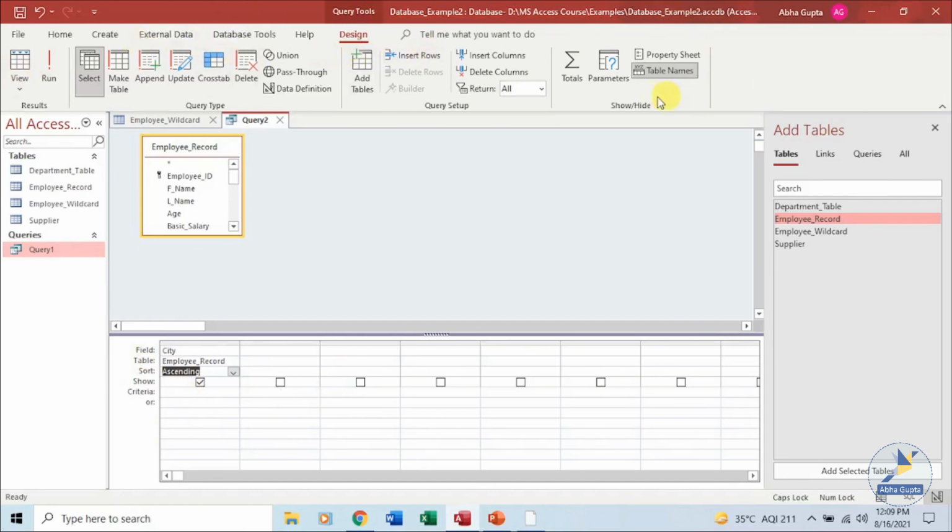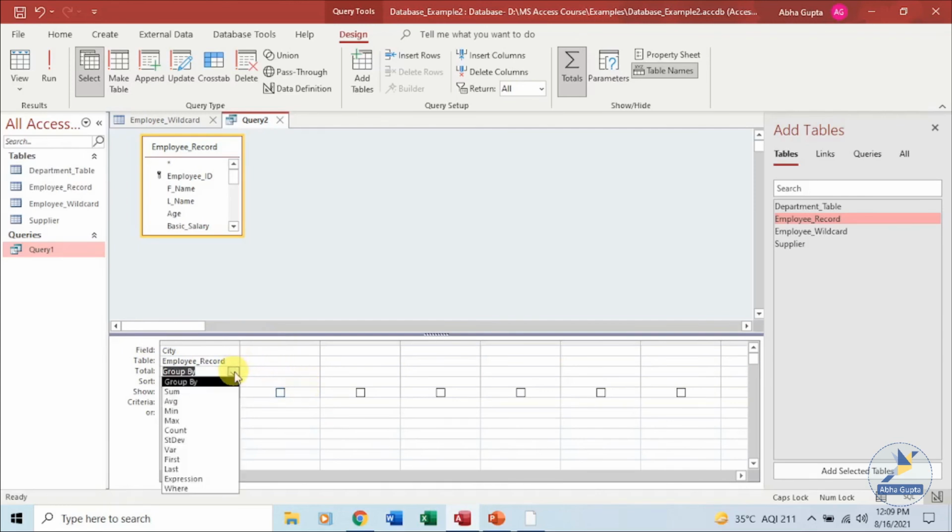So in your design tab, last, show and hide group, you have the total option over here. Clicking on this will add another row over here, which will show you the functions which you can use in your query. So either you can group it in some way, and you can have other options also. You have all these built-in functions available.